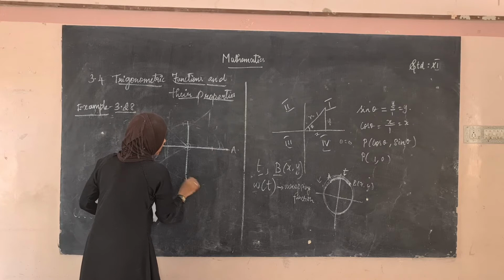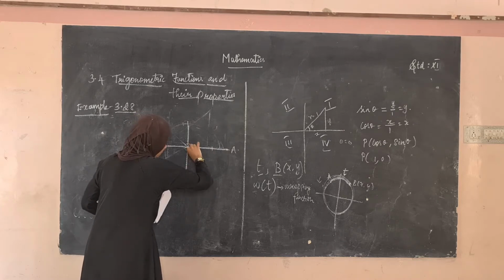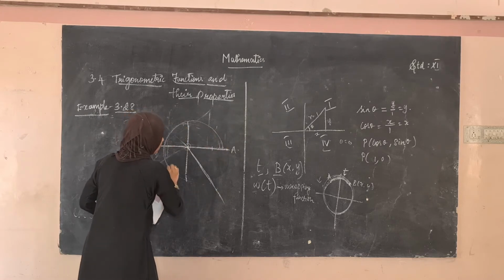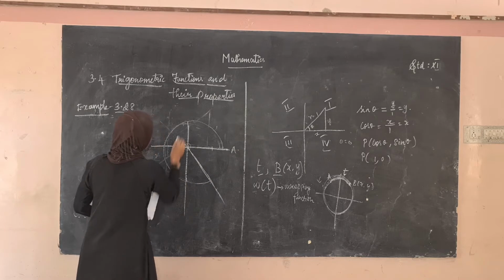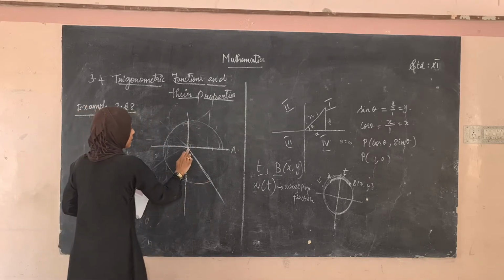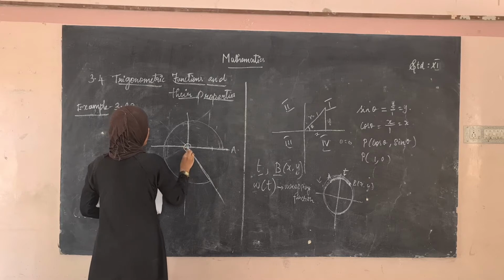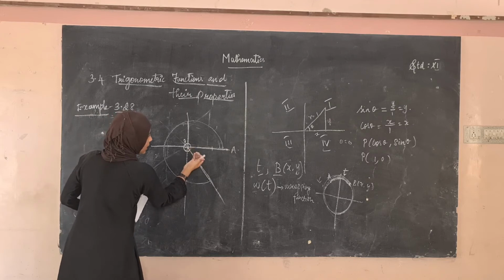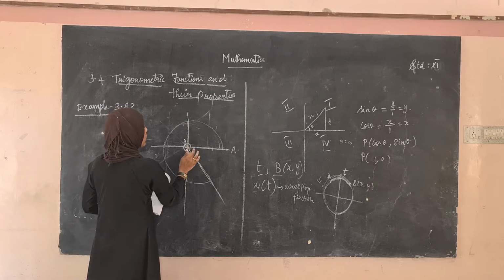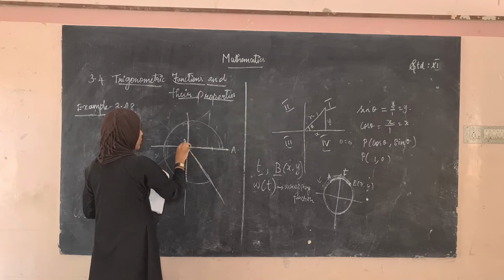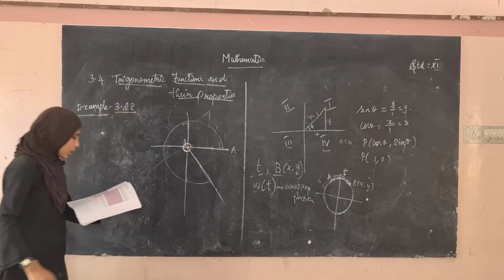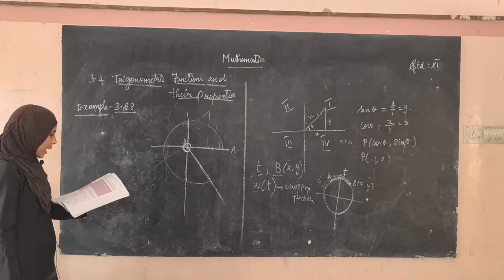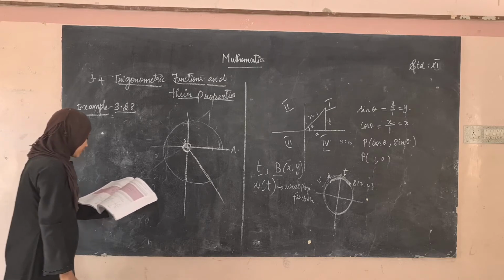So if this is 3 and this is -4, the terminal point is here, and the line passes here. So the angle goes on till here. This is the angle, from here to here is theta. You should not take this angle. The unit circle moves in the anti-clockwise direction, therefore you should take from here to here. Find the 6 trigonometric function values at an angle theta. You have to find the trigonometric functions.